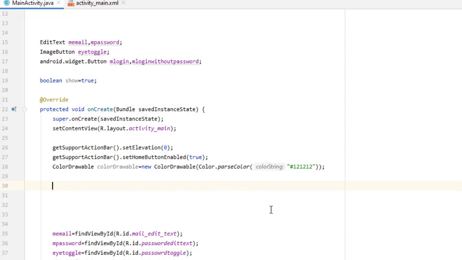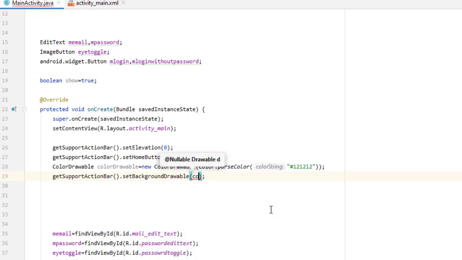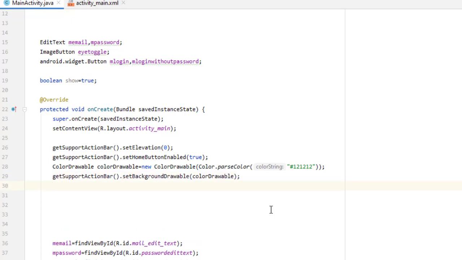So this is done. Now we can use this color everywhere we want. You have to simply type here getSupportActionBar().setBackgroundDrawable, and you can simply pass here the color drawable. Now if we want to change the text color of this, then we have to simply type